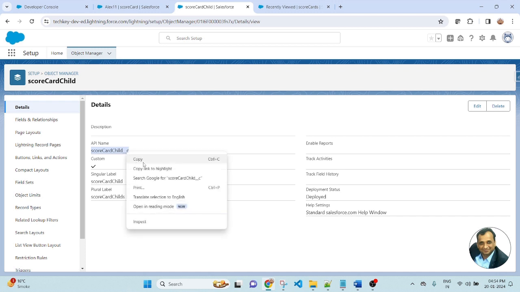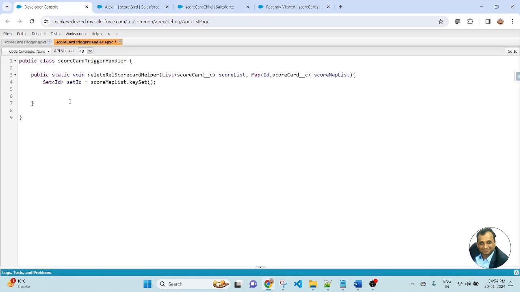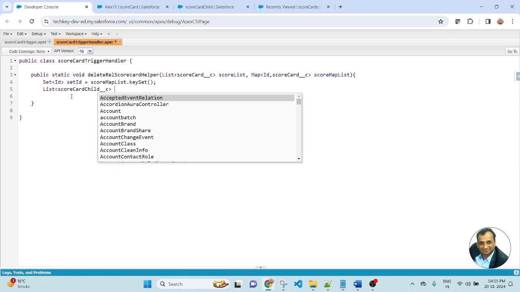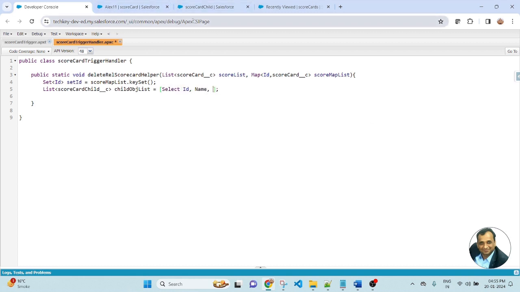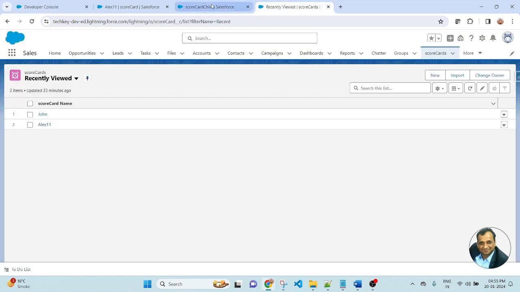Copy the API name, and here I will create a list of the child object, childObjList, equal to square brackets. Here I am writing a SOQL query: Select Id, Name, lookup relationship name.